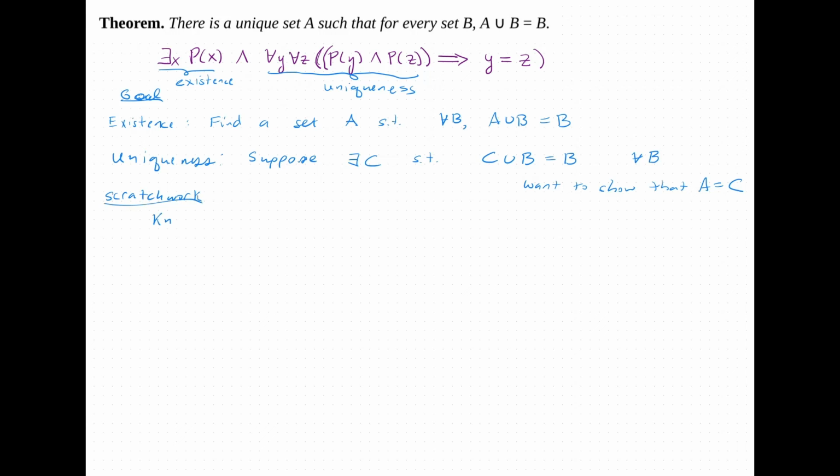So we know that the empty set union B is equal to B for every set B. And now for uniqueness. And so that's it. We're done with existence here. We have already shown that there is some set. So next, for uniqueness,